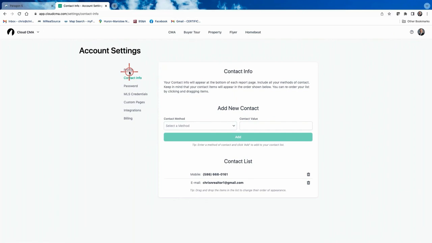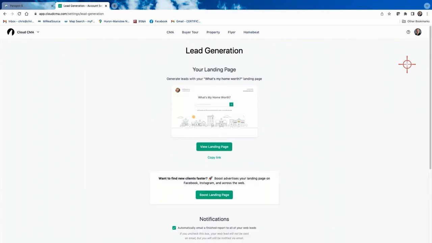One other feature of CloudCMA that I like to touch on is under here, under CloudCMA. We also discussed this in our lead generation class. I'm going to go through it real quickly, but if you wanted to create a lead generation, CMA gives you this page that's called What's My Home Worth. I'm going to go through this really quickly because it's kind of part of a lead generation class. We're just reinforcing it whenever we do the CloudCMA class. If someone were to click on this landing page, I'll show you how it all works in a second. But when you click on the view landing page,